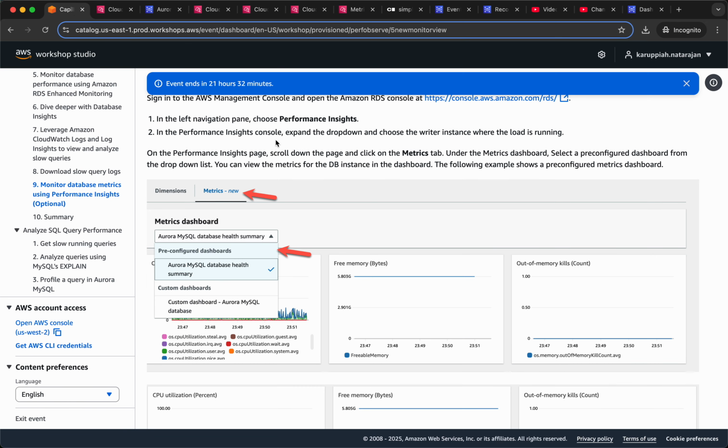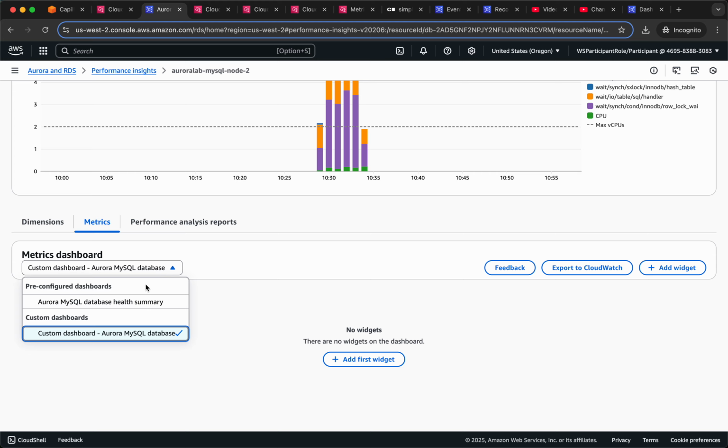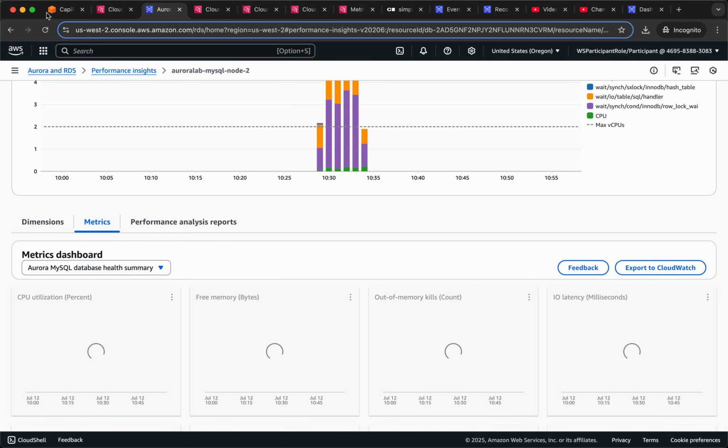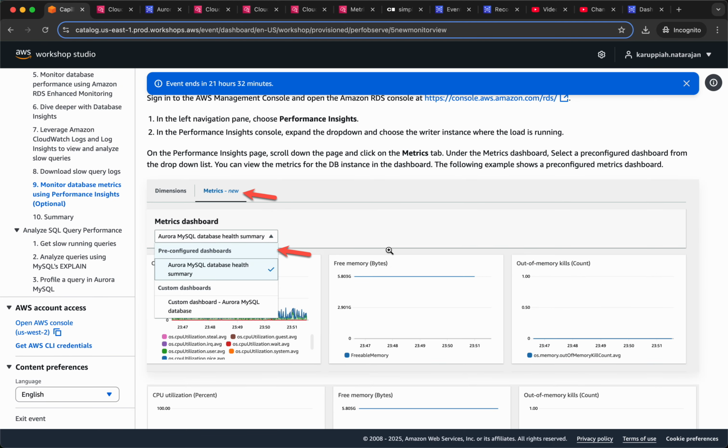So under the metrics dashboard, select a pre-configured dashboard from the drop-down list. You can view the metrics for the DB instance in the dashboard. The following example shows a pre-configured metrics dashboard. So pre-configured, like health summary is one, and custom dashboard, you can create your custom dashboard. Pre-configured dashboard is the health summary. So